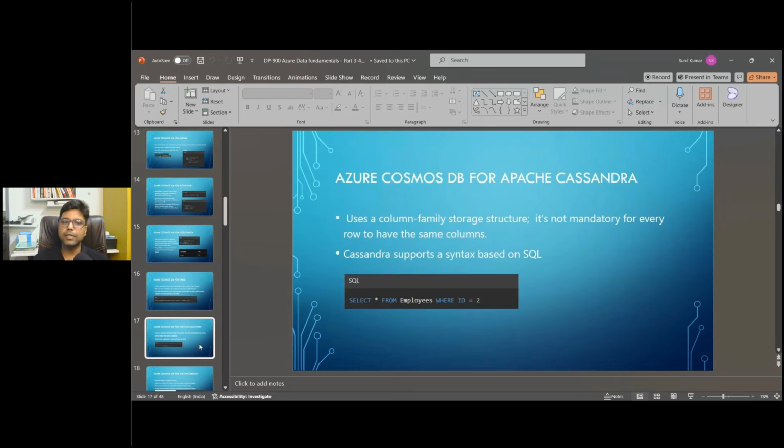And then this is again Cosmos DB for Apache Cassandra, which is one of the NoSQL databases. But in this case also, the syntax is based on SQL. And we already saw Cassandra is a column family storage structure. What do you mean by column family storage structure? Let's say you're working with data where you need to store the address. So address can further be subdivided, right? Address is the family, and address can further be subdivided into,